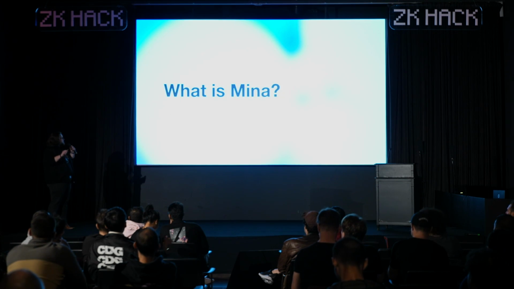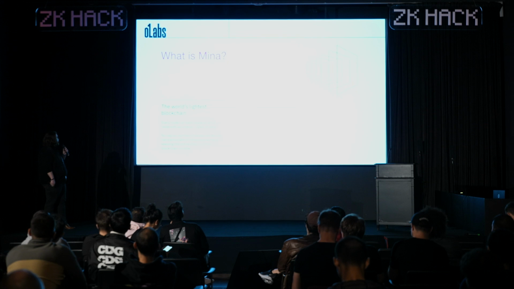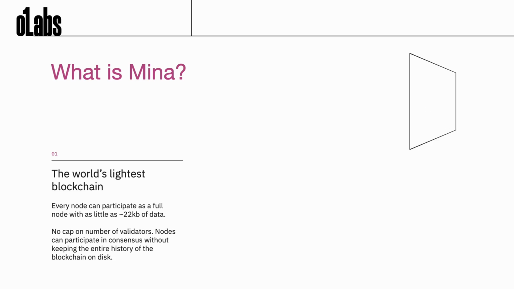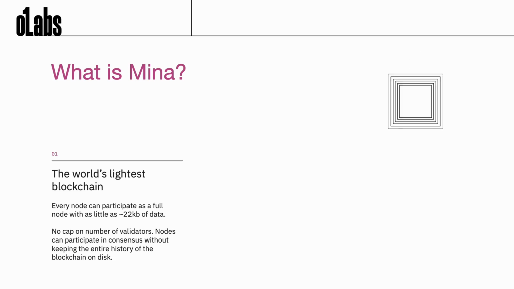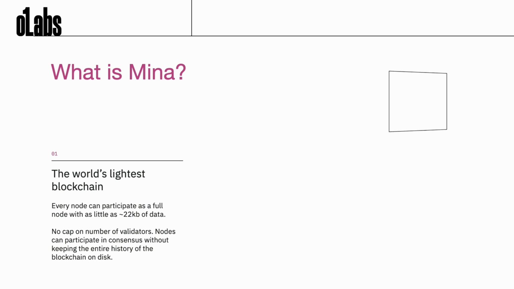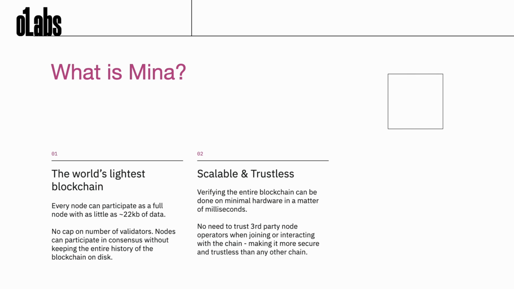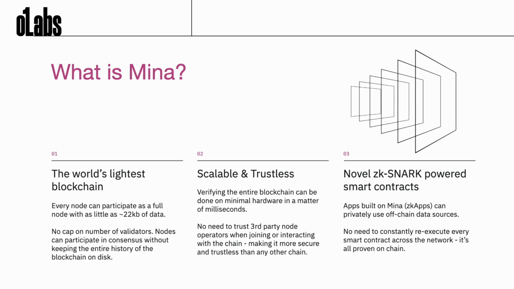In order to give a bit of background, like what Mina is and why o1js is a thing, let's just briefly talk about Mina. So Mina is a very light blockchain. It uses zero-knowledge proofs to prove the state of the blockchain rather than requiring all the transaction or the block data and just rerunning it. That makes the entire thing very scalable and very trustless because, instead of rerunning the entire chain, you can simply verify a zero-knowledge proof, which is very quick.